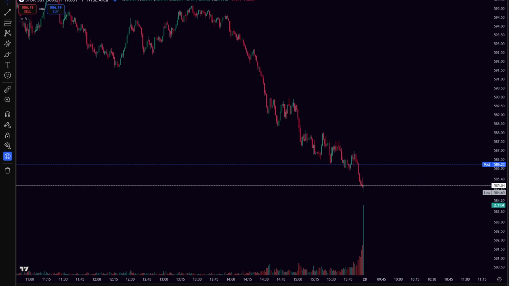I like looking at the 8 EMA on the SPY 1 minute time frame like the soldiers on the front line. It's the first in, and it's also the first line of defense. And then you have the 21. So the 8 EMA